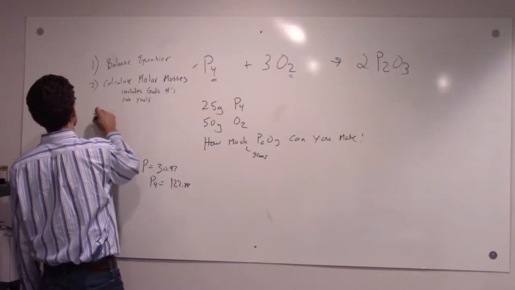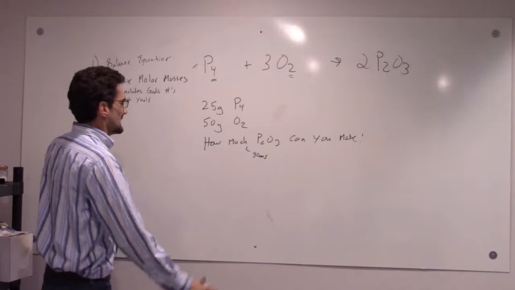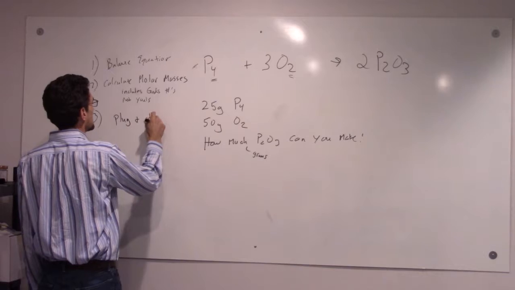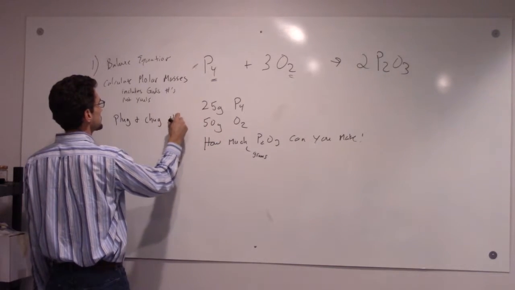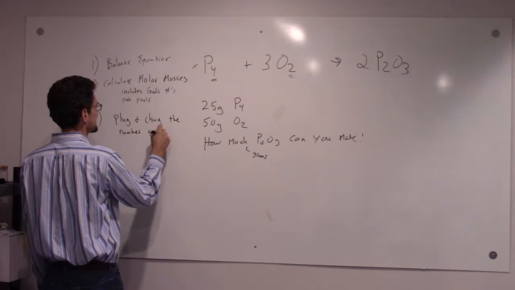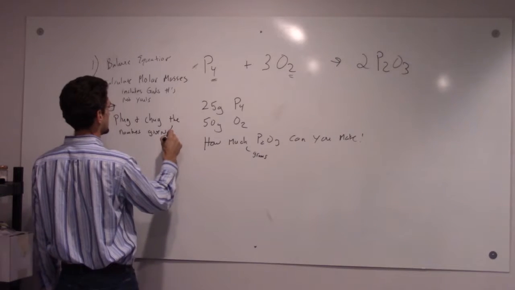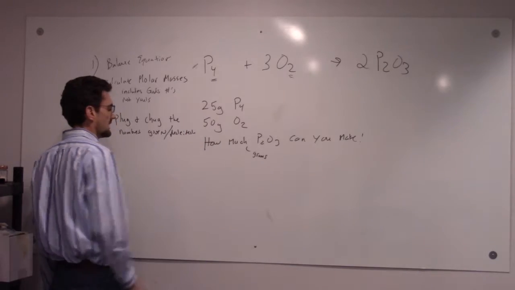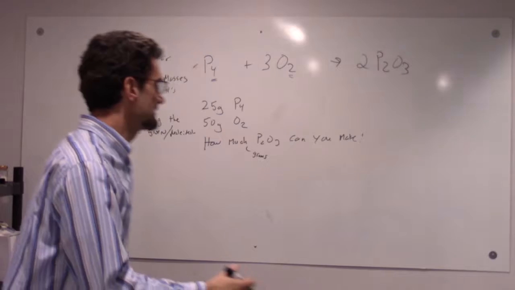Next step: plug and chug, which is going to be broken down. Plug and chug the numbers given. And this is going to be the mole-to-mole ratio. The way the mole-to-mole ratio works, depending upon what you're given, if you're given